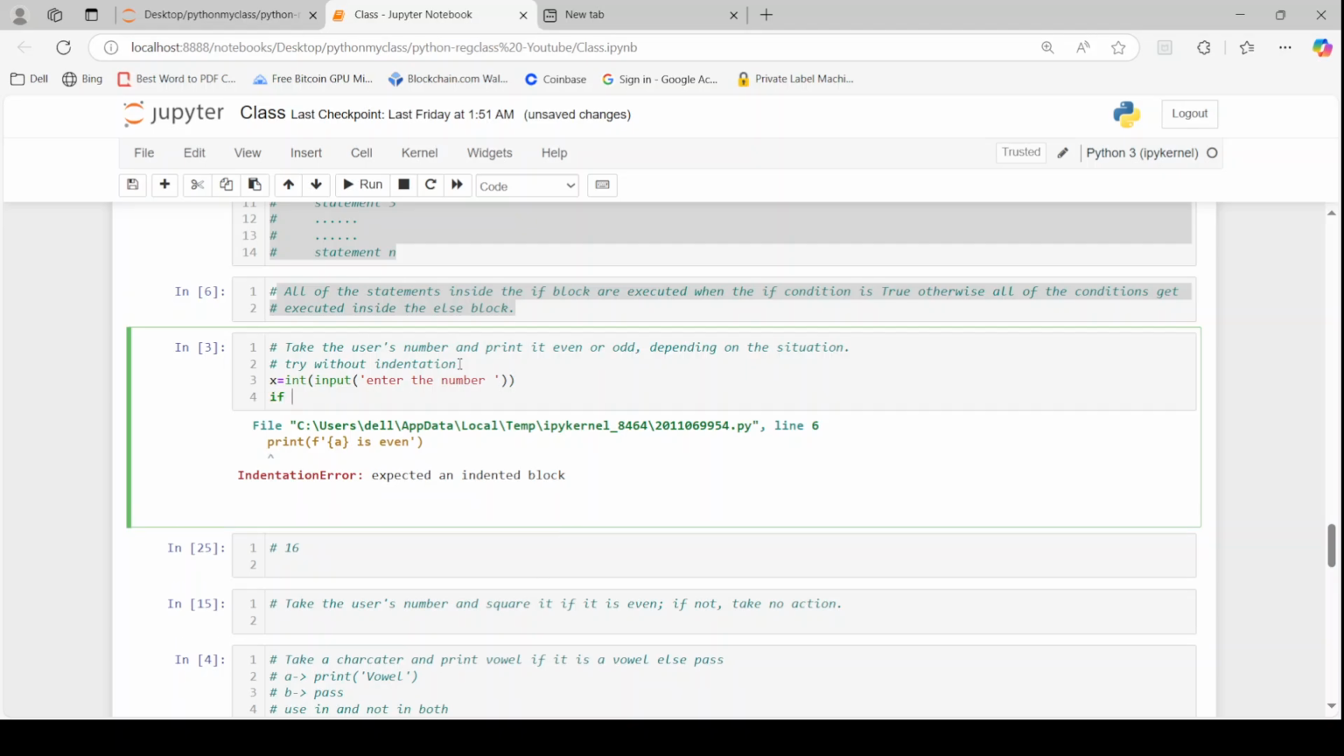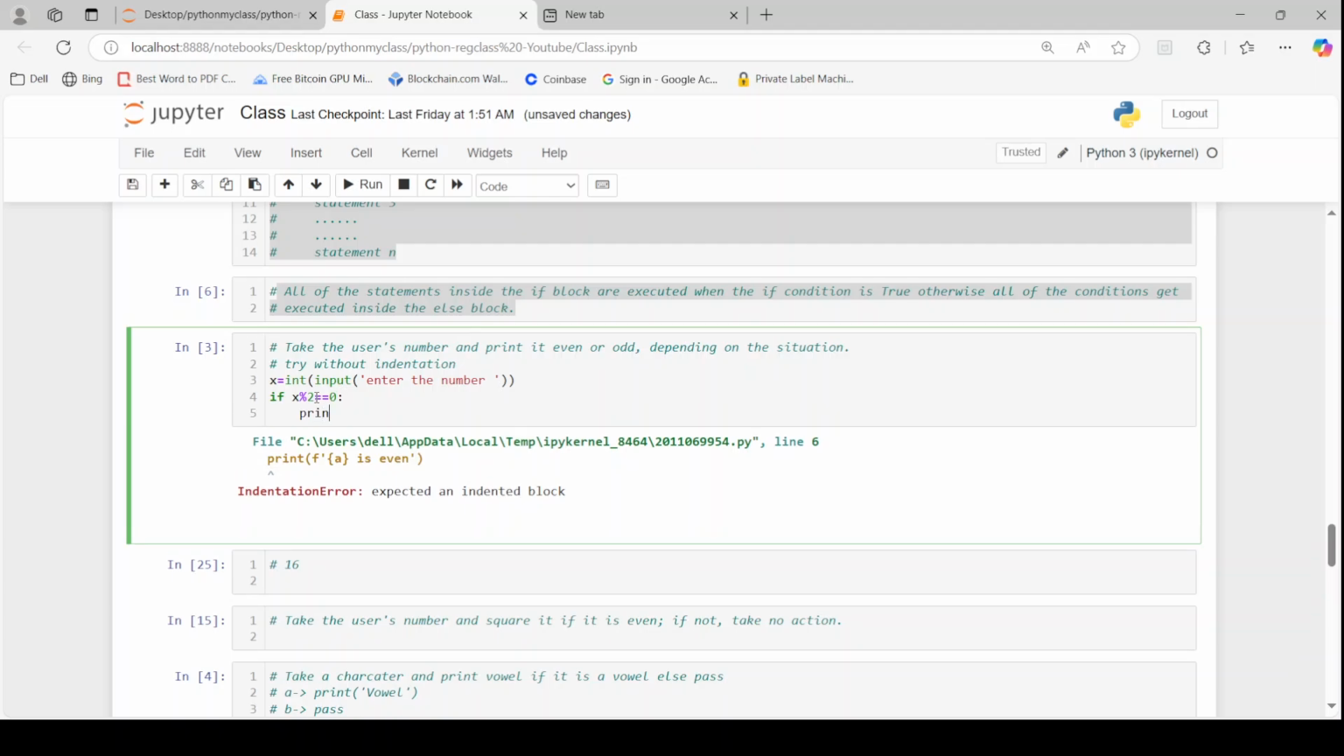Now, x modulo 2 will check whether the number is even. x modulo 2 means the number is divided by 2. If the number is completely divisible by 2, then the remainder will be 0. That remainder will be checked with the equality operator against the 0 placed on the right hand side. Then give a colon, and again print